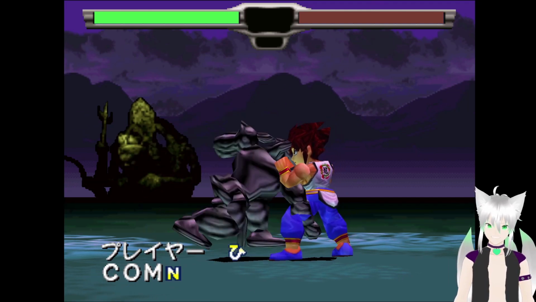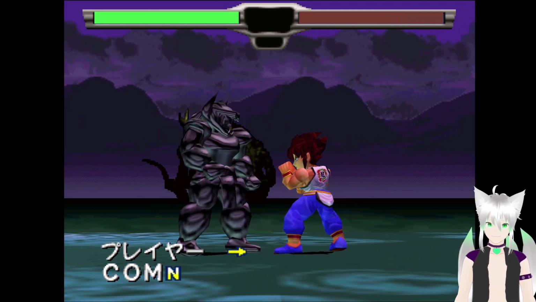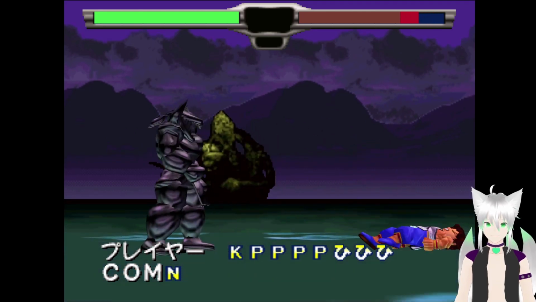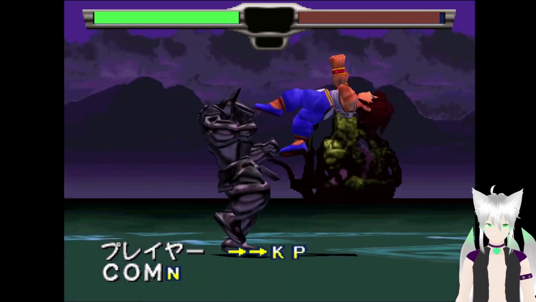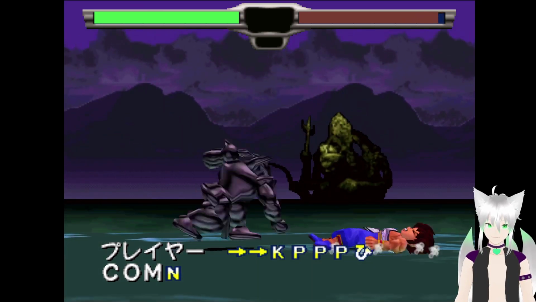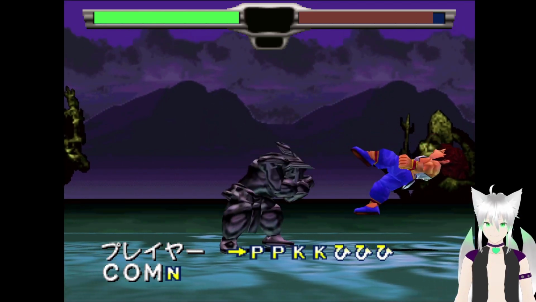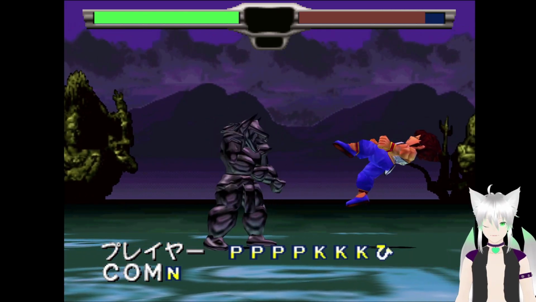But here's his typical super. No longer does he charge back, he just literally charges at the person for an insane amount of damage. This is his normal damage minus throws. I still have the tree medallion on, but comboing into it is still not the easiest. Oops, I wanted to go for a kick there because kicks kind of keep the...